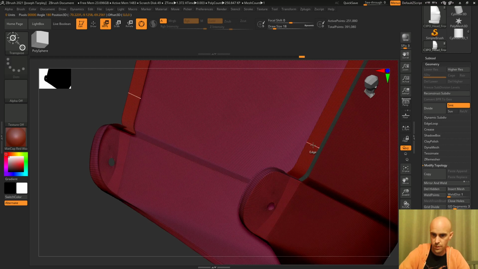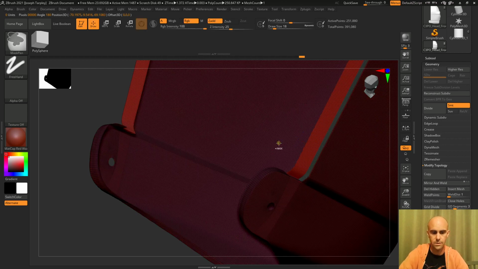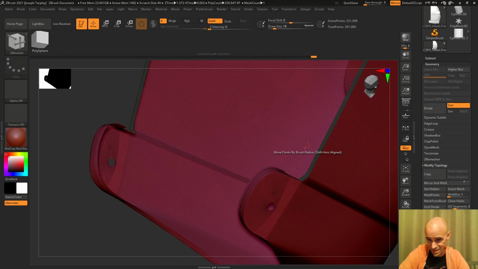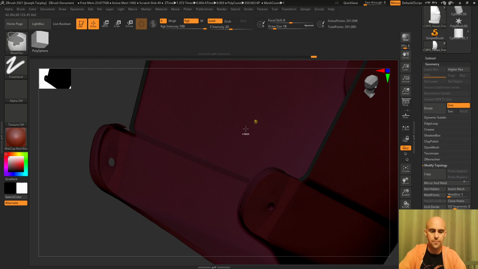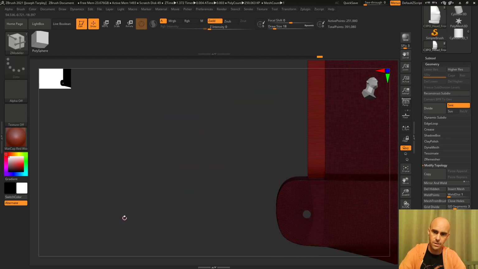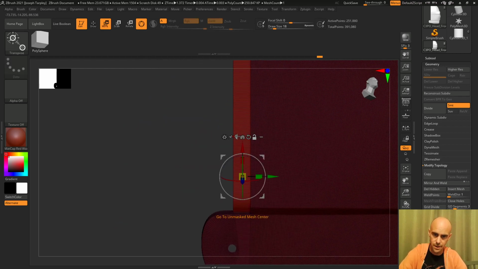Oops, I should hide. See what I'm doing. If you have it on the move tool and you control click, it'll mask the stuff that you haven't clicked. So, oops. Control A. Then we're going to unhide this part. If I did it correctly, we should